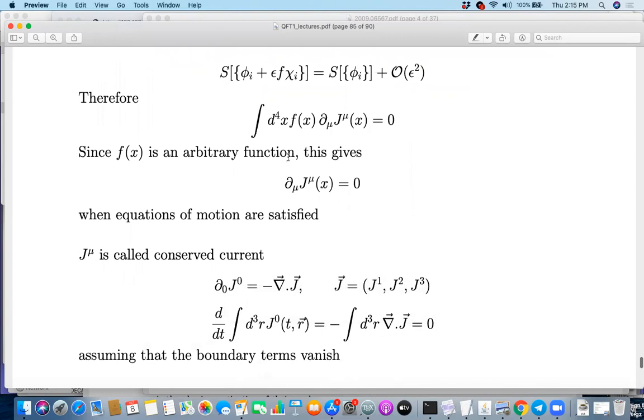So many of you might have already seen this as the continuity equation. But if we go back to non-relativistic notation, then it becomes clear. This tells us that the time derivative of J0, which normally we call the density of the particular quantity that you are considering, is minus the divergence of J. This is the normal spatial divergence. That's what you get when you break it up into the time part and the space part. I've just taken the space part on the other side.